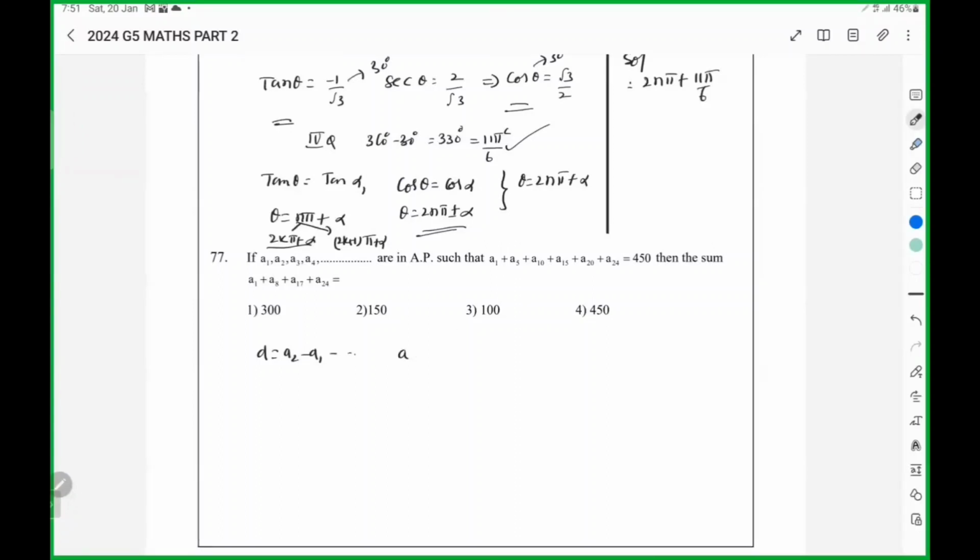Here, A1, I will write A, the first term. The fifth term, nth term, we have a formula. Fifth term means A plus 4D, 10th term, 15th term, 19th, 20th term, and 24th term, which is